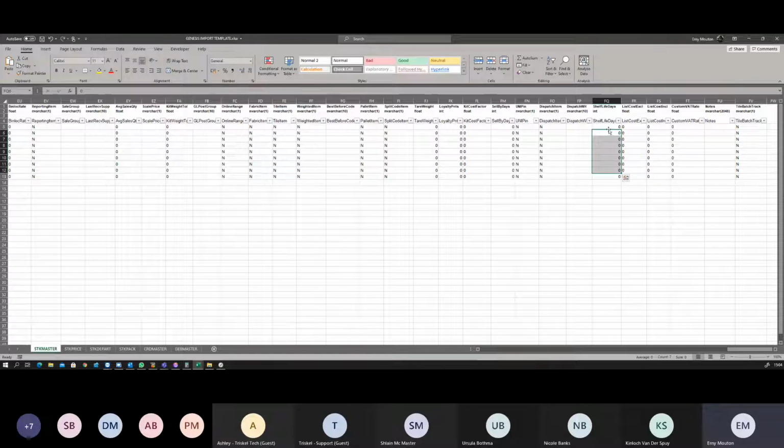And this is the same story, shelf life. Dispatch, this is the dispatch warehouse, so if you want to dispatch from a specific warehouse. And notes, just general notes on the product. And tile batch track. This is to track, so they actually allocate a